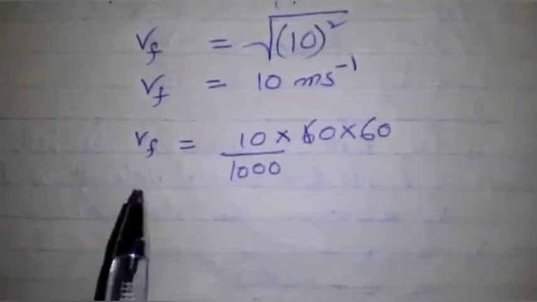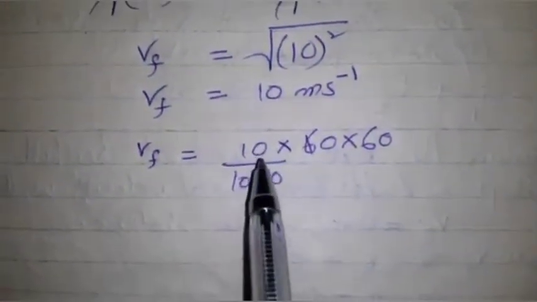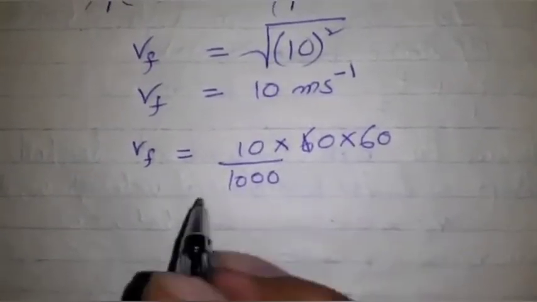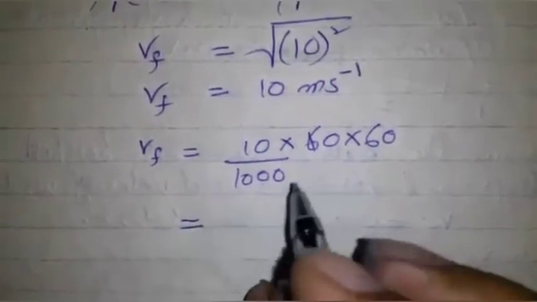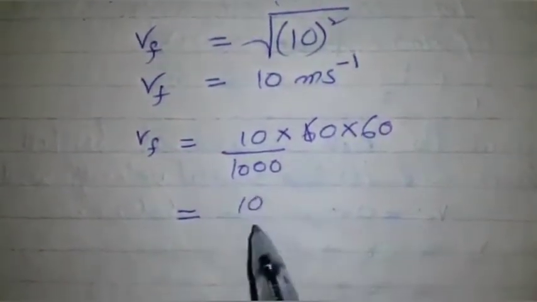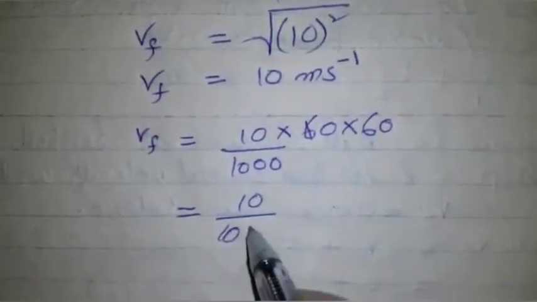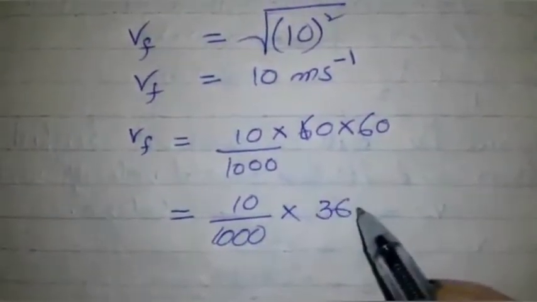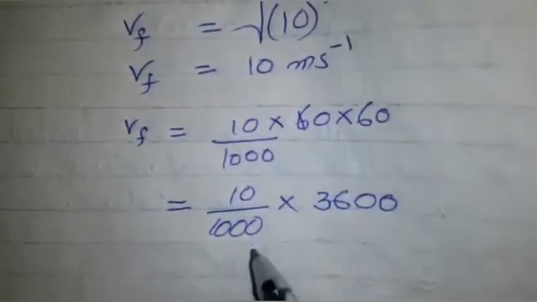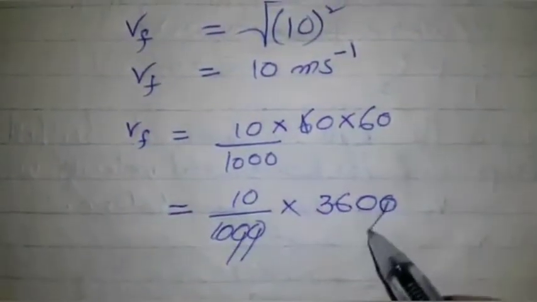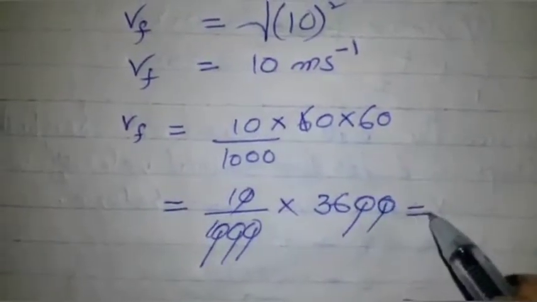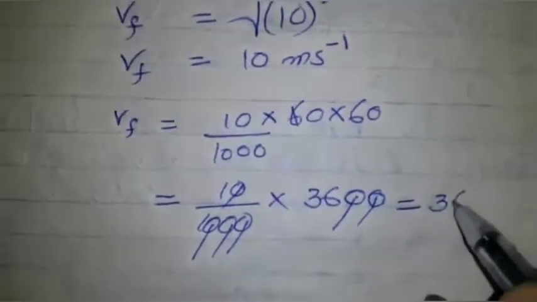लीजिए हमारे पास आ गया है VF equal to 10/1000 into 60 into 60. This is equal to 10/1000 into 3600, and this is equal to 36